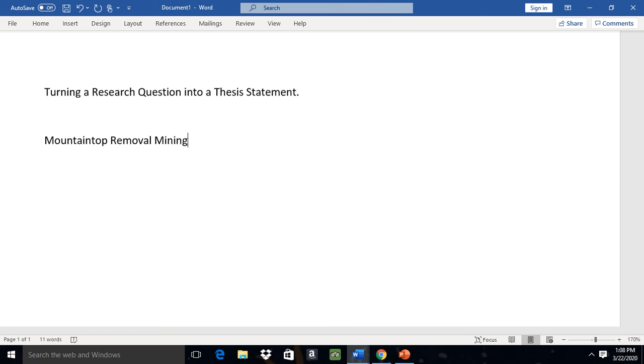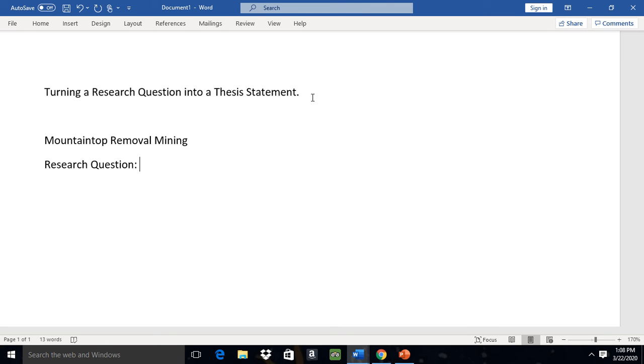So that's the topic, but that's not the research question. So the research question, you want it to be sort of a big picture question. So not small things like what is mountaintop removal mining? That is a sub-question, and that's something you'll answer through the paper. Your research question should be the big overall picture. So if I already know that I want to look at the environment and how that's connected with mountaintop removal mining, my research question